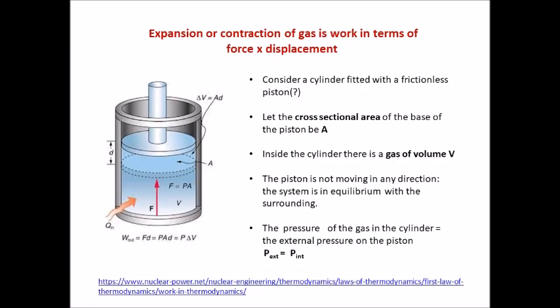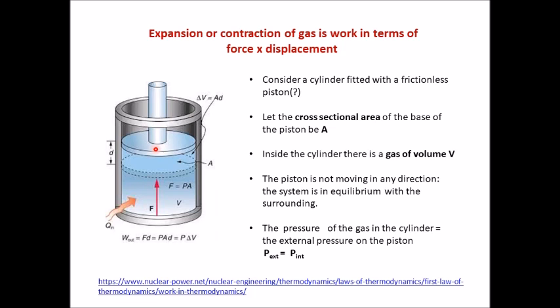Now, as I told you when we were learning about heat and work, that's the main topic of concern in thermodynamics. We will now see how heat can be used to cause work, or heat is converted into work. Let us consider a cylinder, and in the cylinder is enclosed a definite volume of gas. This cylinder is fitted with a frictionless piston.